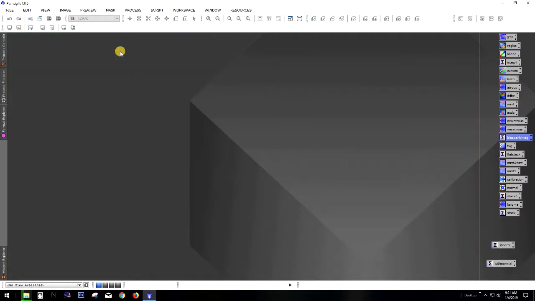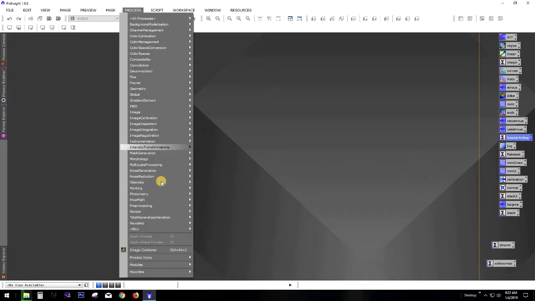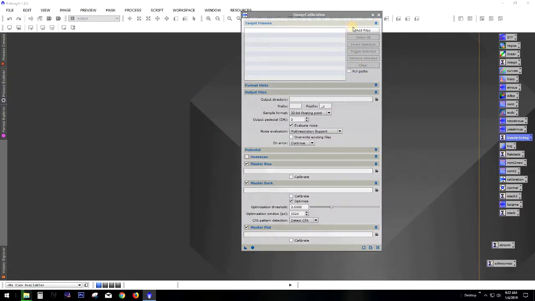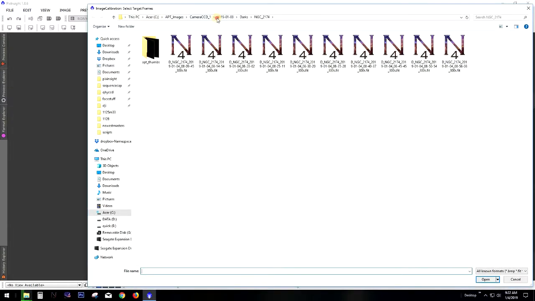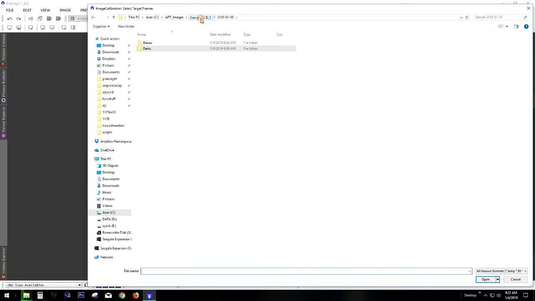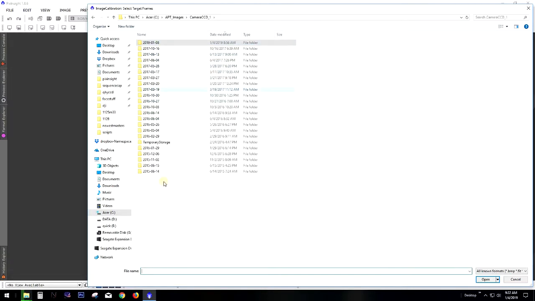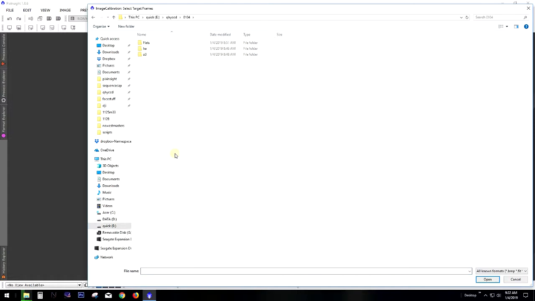Okay, so now we're going to do some image calibration. And we're going to add some files. I'm going to go over to my flats, if I can find them. 103. Okay, put the flats over onto the SSD already. So